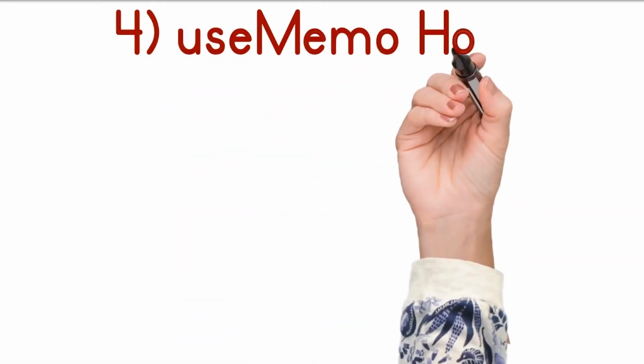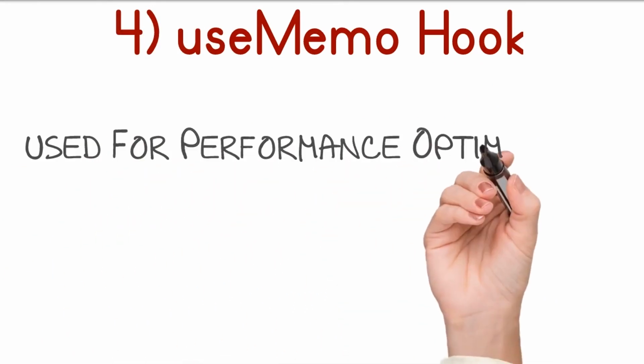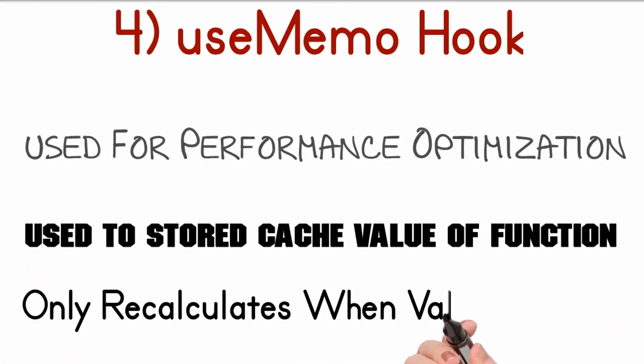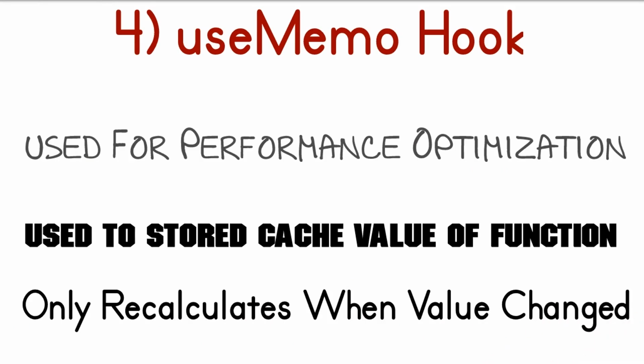So now, guys, we will be talking about the fourth hook inside React.js, which is called the useMemo hook. This hook is responsible for the performance optimization of a component inside React.js. It is useful if you want to store the cached value of a function. If you surround your function inside this useMemo hook,